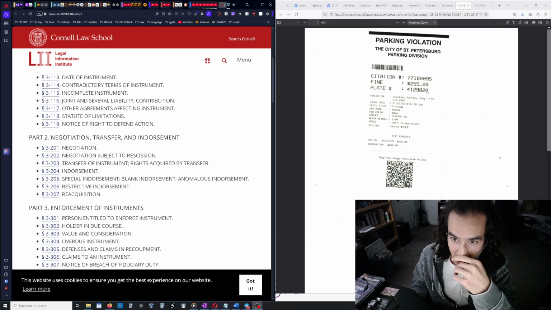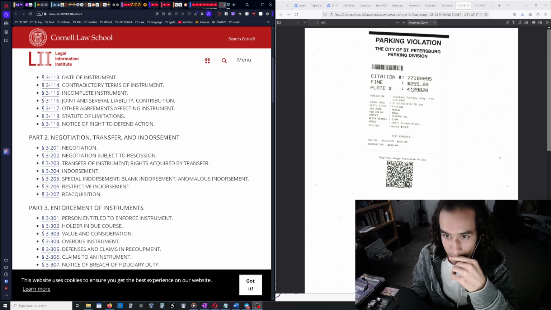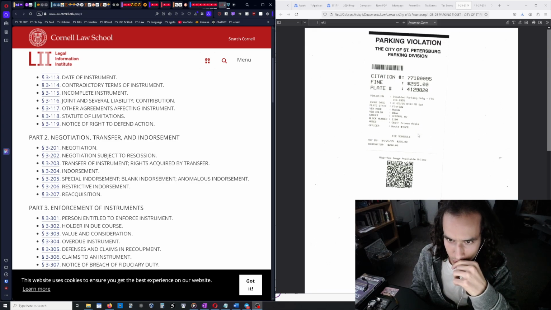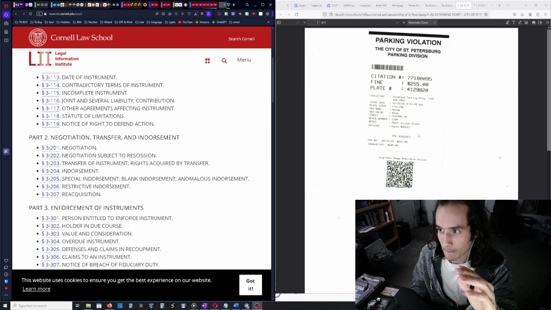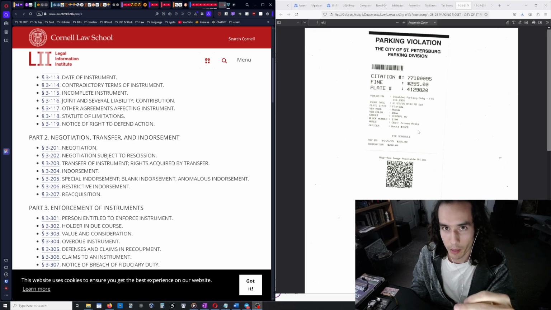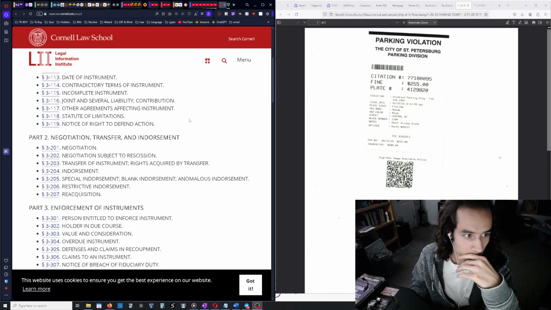I have a DOT number as a plate, and you can see it's like 255 bucks for disabled parking. And okay, so the parking ticket is in order to pay. It's a demand for payment. A demand for payment is called a bill. So this parking ticket is a bill, and there's